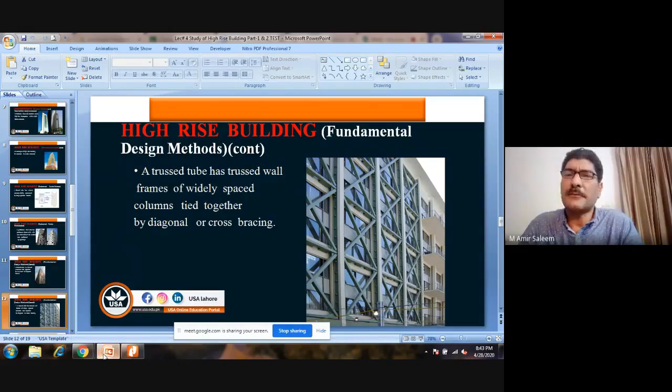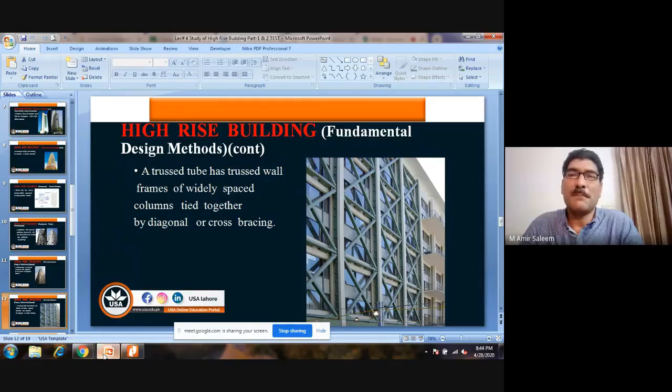What is the main objective? Very simple, and we discussed it clearly. Our truss may be in wood, or in steel, or in any other material. The main objective of the designer, of an architect, is